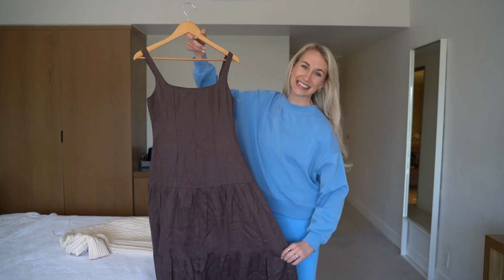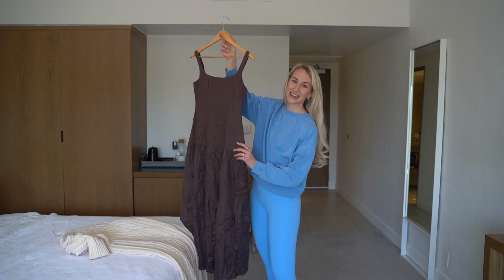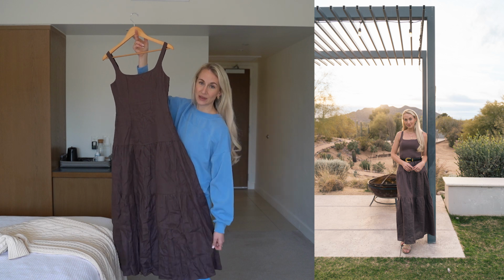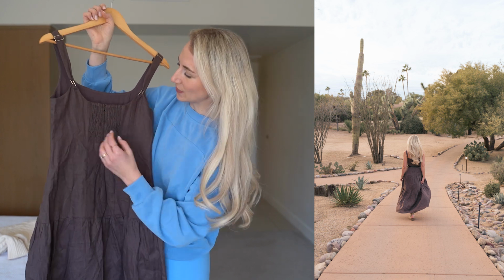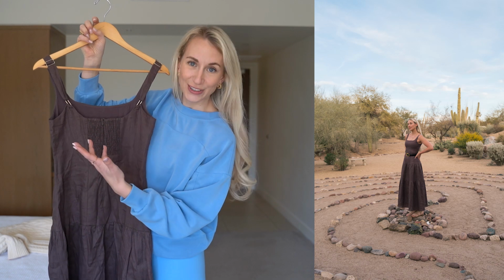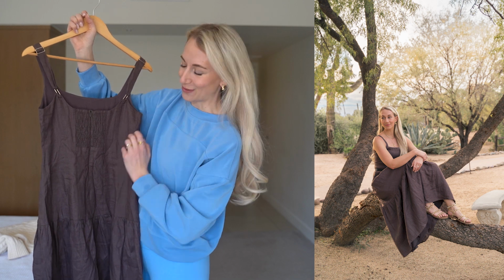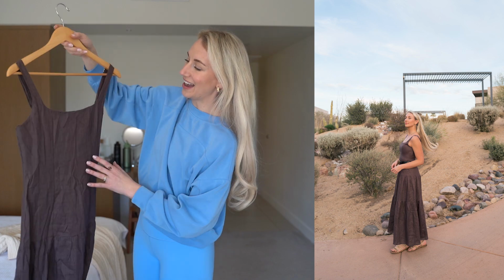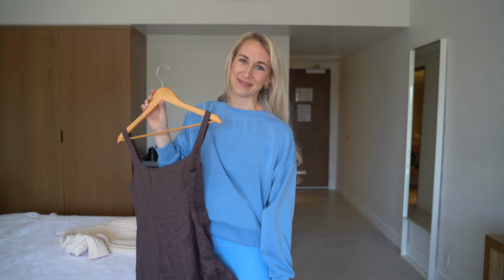And then last but not least for dresses, this mocha one, it doesn't have pockets, but it actually creates a beautiful silhouette without that extra bulk. There is some extra fabric with the pleating there down the back. And then here's the adjustable straps, so check on that. Plus we have a smocked back. So if you are maybe a little larger chested or a little smaller chested, wherever you lie in there, you can then make sure that the girls are gonna fit and it's gonna be all good to go. Plus the darting in the back is super flattering. I love this neckline. It's giving me Bridgerton in the best way,